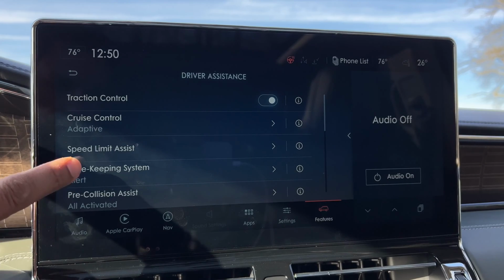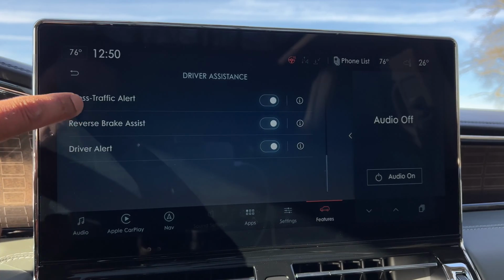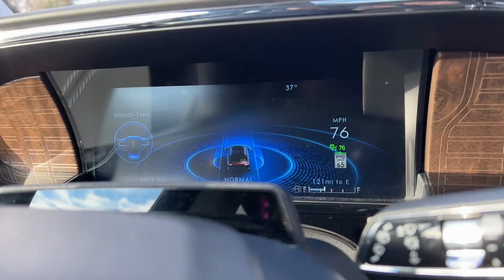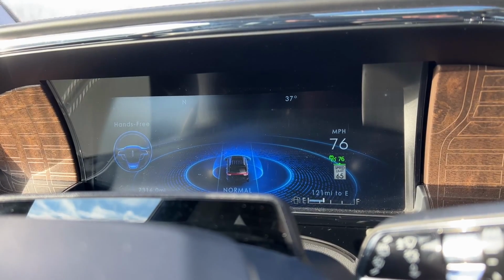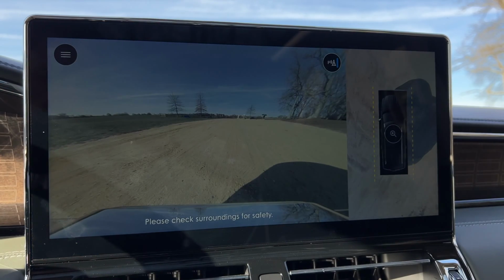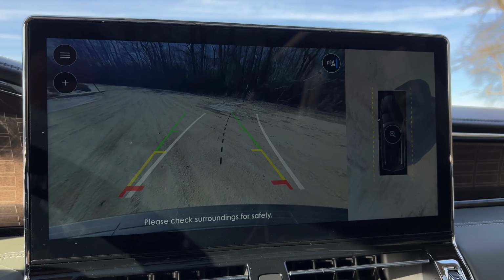As for driver assist tech, you have all the assists and alerts that you'll need. You've got adaptive cruise control, lane keep assist, Lincoln's active glide system, which is basically their version of Blue Cruise. And then camera-wise, you've got yourself a front view, a rear view, a 360 surround view, so there should be no problem parking this thing, even though most people out there will still mess up. And again, all of that is pretty much standard. Everything that I just mentioned is free if you go for the Black Label,